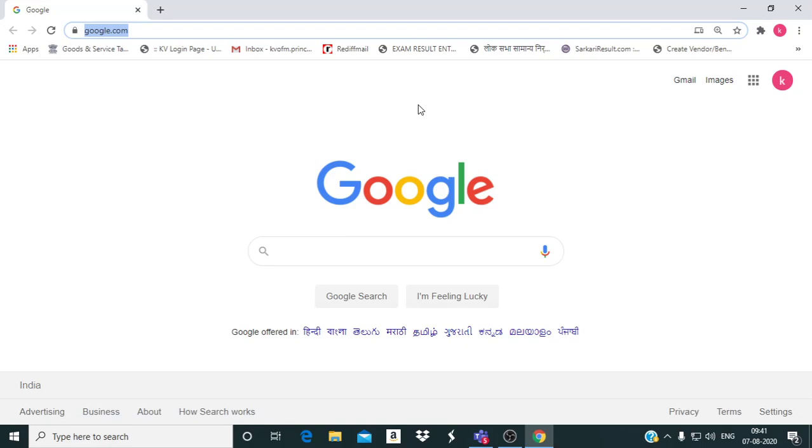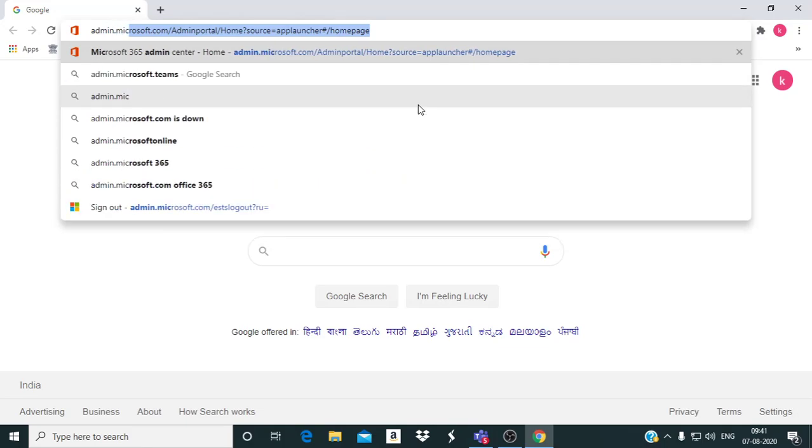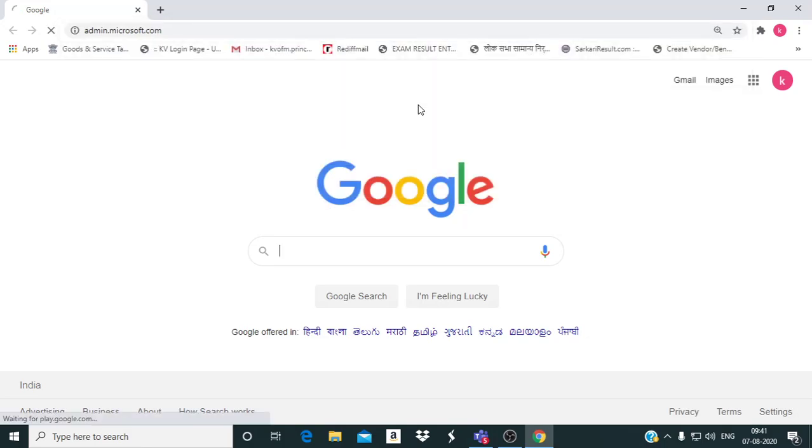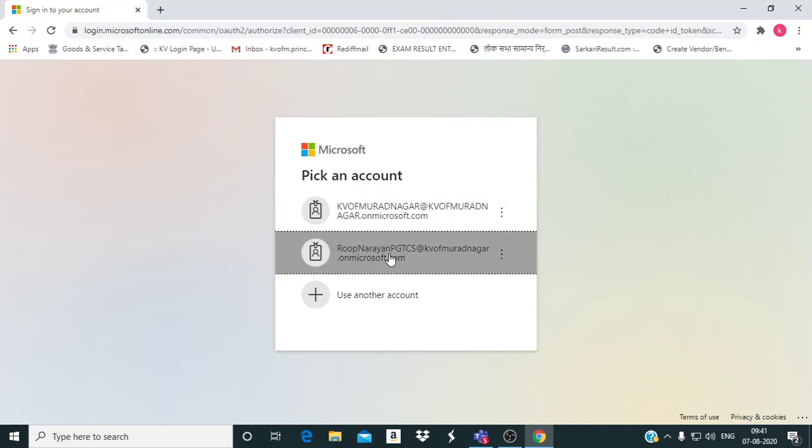So, first you open admin.microsoft.com. I click on this. Just select your concerned account or use your account. I'm already logged in on this system, so I use my account here.